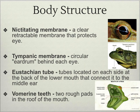Some of you may have gotten tubes in your ears if you had chronic ear infections as a kid because your eustachian tube was too flat and it allowed fluid and bacteria to build up in your inner ear, causing an inner ear infection. They should be on an angle, and as you get older, they eventually angle out, and so you get your tubes removed or they even fall out. But